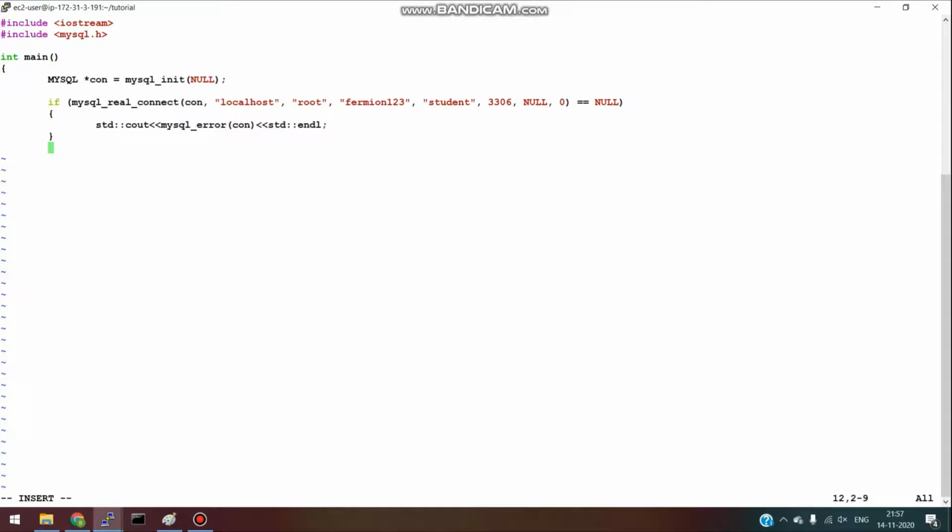Now, if it is successful, we have successfully connected to the MySQL server, and now we can write or fetch the data from MySQL.